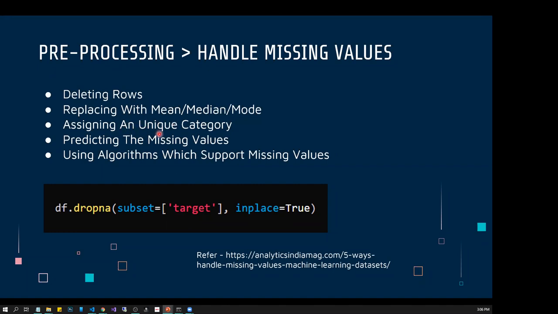Otherwise we can assign a unique value, or actually we can use another machine learning model to predict the missing